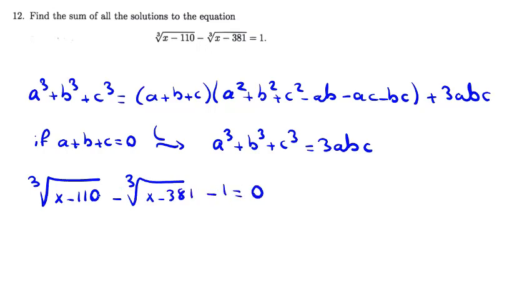Each of them you consider a, b, c. The first one, a is this, b is this, c is this. Because the sum of them equals 0, we can conclude this. This idea is very useful when the sum of these things equals 0. You have cube root, you can raise to the power of 3. So a is this, so a cubed is this, plus b cubed equals negative x minus 381,